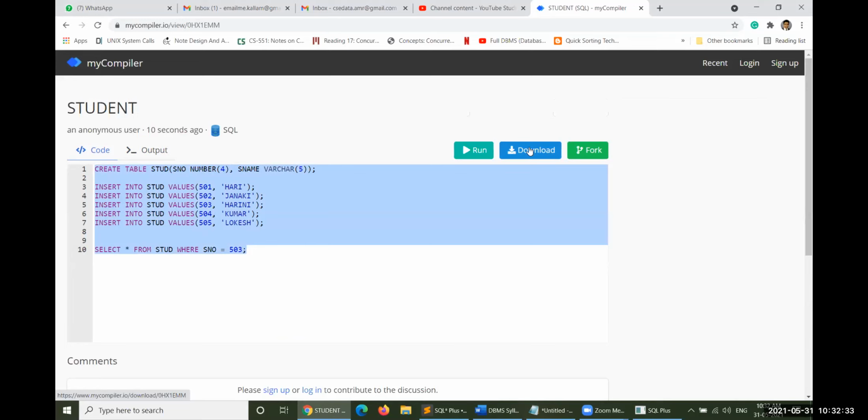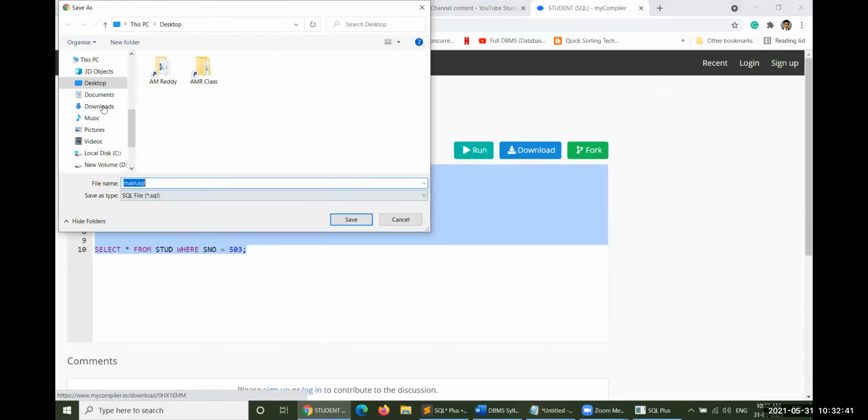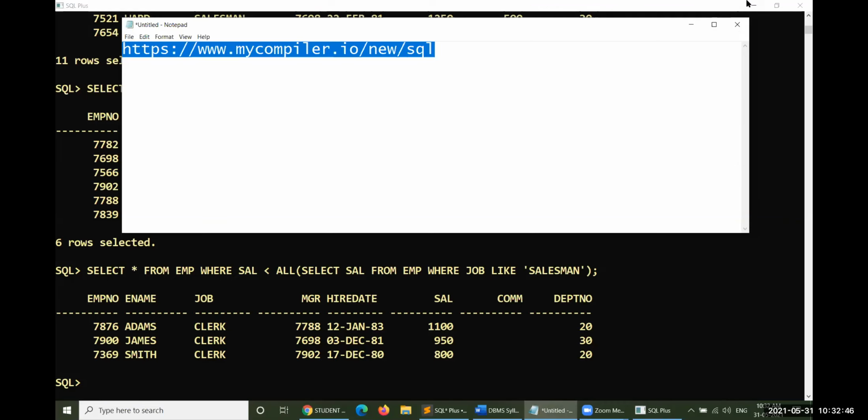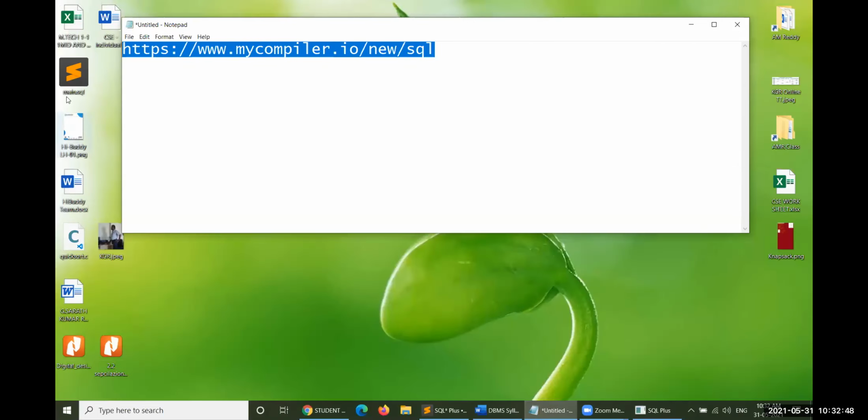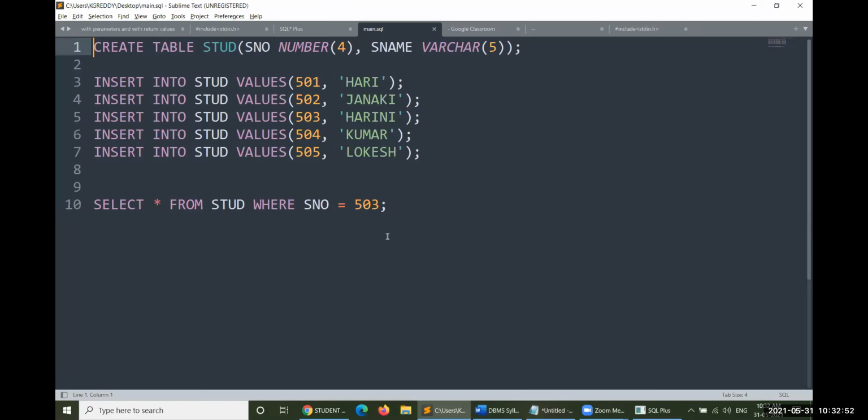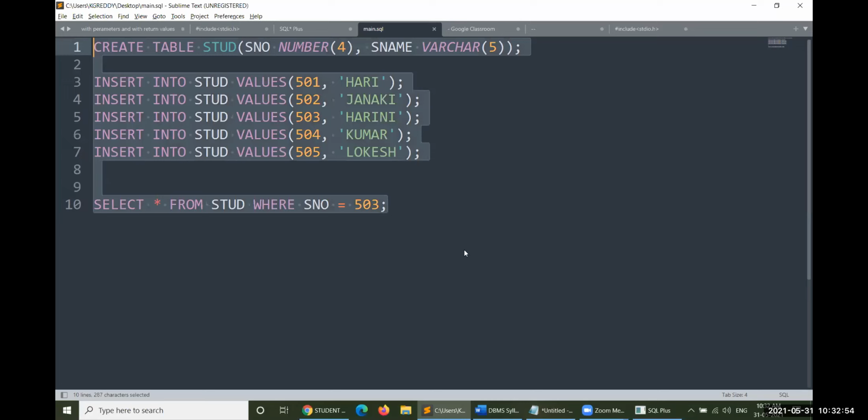And the downloaded file will be attached to Google Classroom. If you download this one, obviously there will be a file that is main.sql. You can see. So this is the downloaded file. Open. These are the points which you have made with that online SQL.